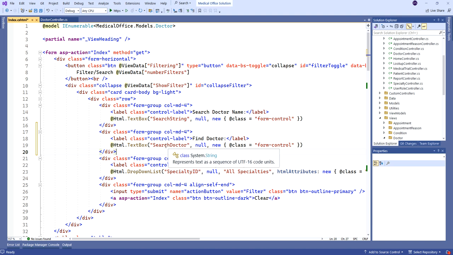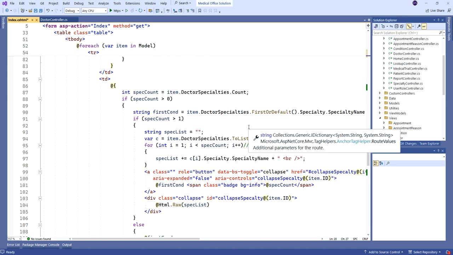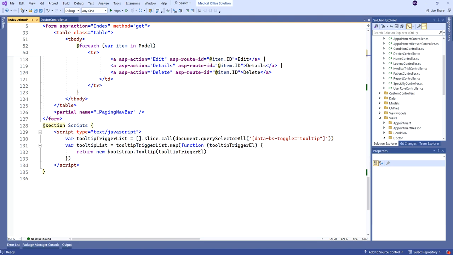As we type letters in the name of the doctor, it'll filter and give us a shrinking list for all the letters we type, until there are no options that match, or we're down to one. That gives me the code I need right there in the view. Now, in the bottom of the view, we have to add some additional code, where we have our section for scripts. Let me take a moment and remind you how that works. We had a quick discussion earlier about the fact that the underscore layout page,